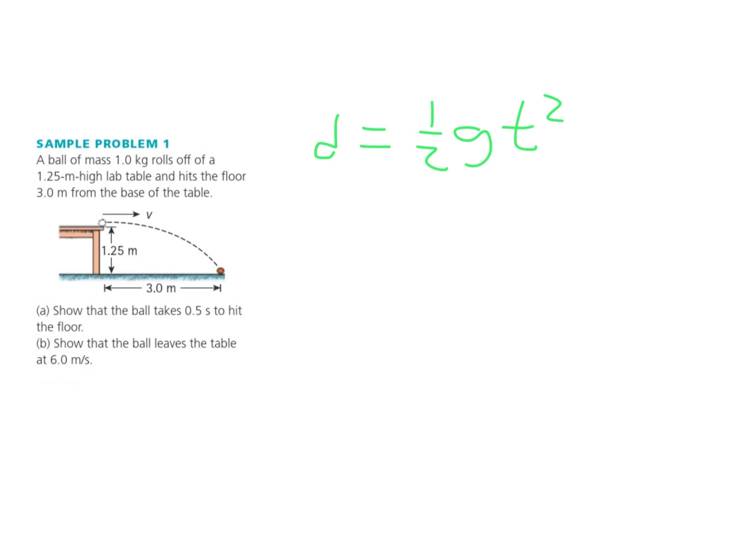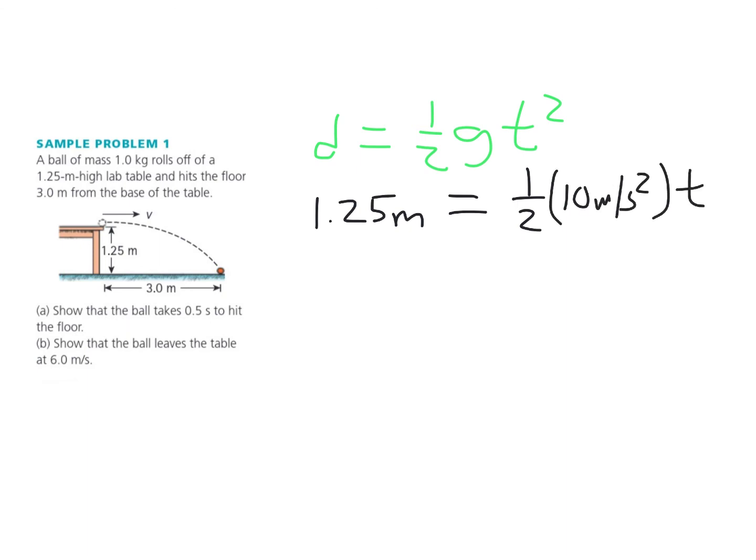And so we can plug in some numbers because we know the distance that it falls, not the distance going side to side, is 1.25 meters. That's equal to 1/2 times 10 meters per second squared times t squared. When we simplify this, we want to get t squared by itself, so we can multiply both sides by 2. If I multiply that side by 2, those will cancel, and I multiply that side by 2, and I get